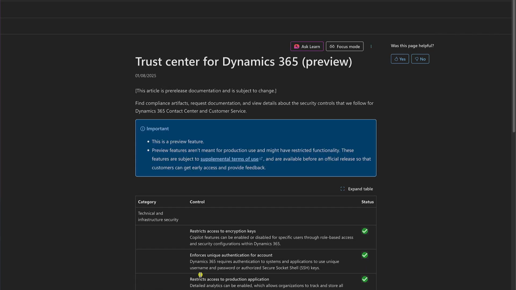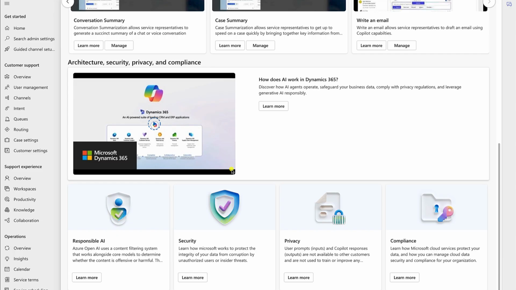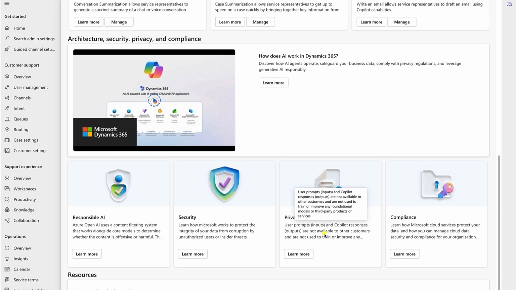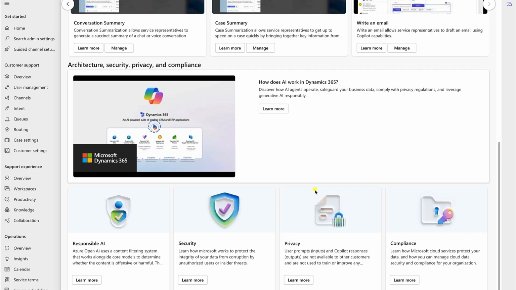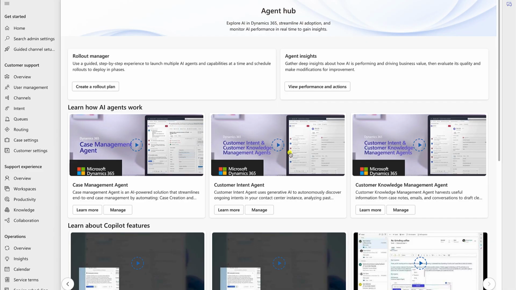Security, again, very similar, looking at Trust Center and what all that looks like. So this is some really important information and key information that it's worth digesting before making any of those decisions about how you roll these features out into your organization. Okay, so they're kind of the Microsoft Learn materials all in one place. There's so much information out there that this is a really good central landing hub to start from.